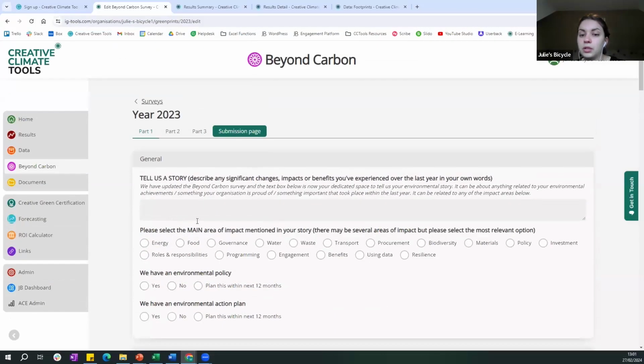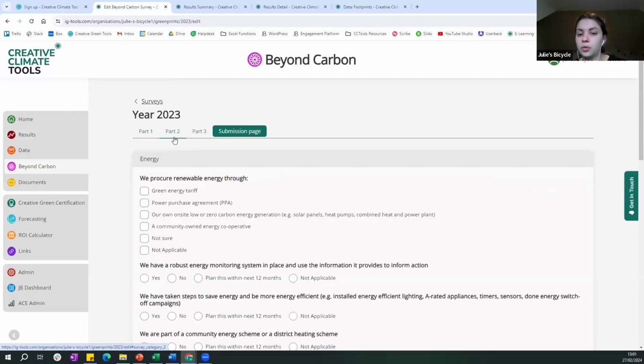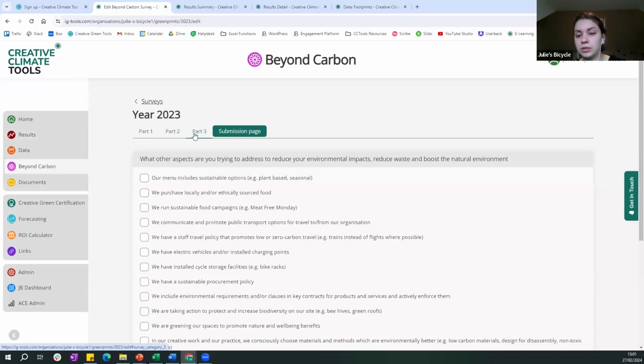Part 1 also includes an opportunity for users to use the text box to describe their environmental achievements over the last reporting year. Once you've completed all of the questions, all you need to do is just submit the report via the submission page, just like you would for a regular footprint report. And you only need to fill this out